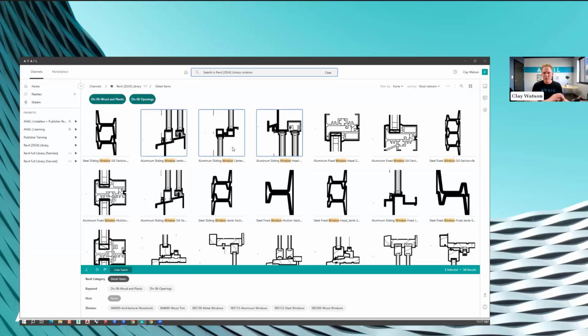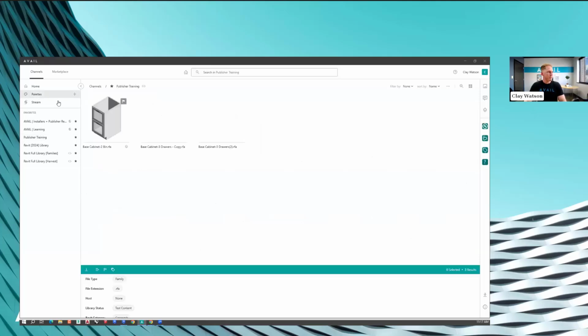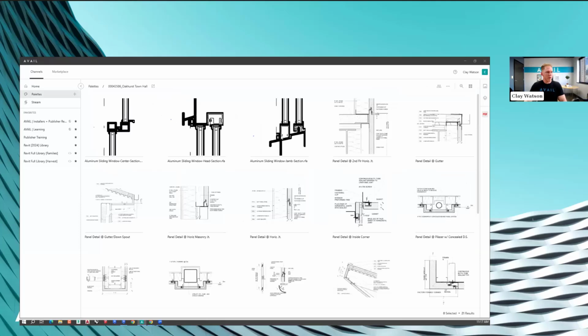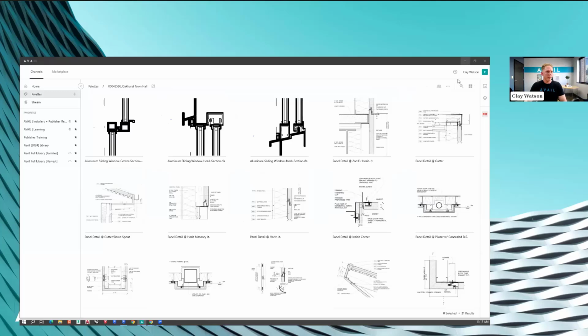If it gets updated, the items in the palettes will also be updated. So always keep in mind that source content is still the source of truth for the palette content. So I've got a couple of items there. I've added them in. If I wanted to hop back over to my palette, I've got them loaded here, which looks great. And if I've got Revit open,